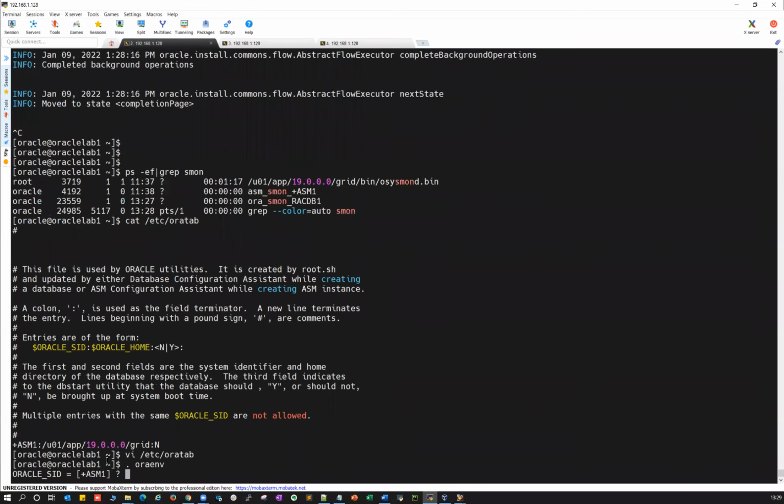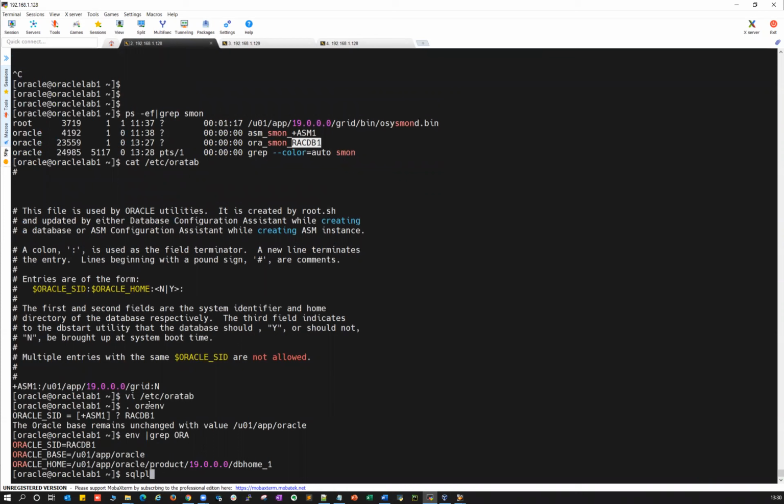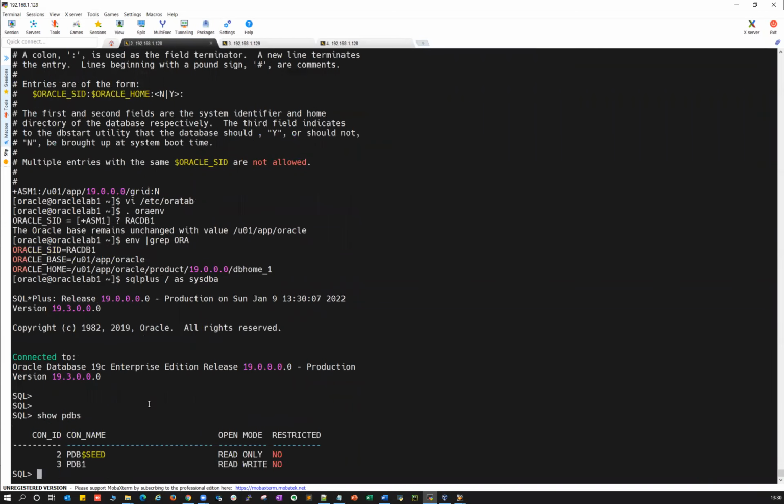So I'll set the environment to my racdb1, and then if I do env | grep ora, you can see the environment is set. If I do sqlplus / as sysdba, and then show pdbs, you can see PDB1, which has container ID 3, PDB$SEED, which has container ID 2, and then CDB$ROOT, which is the root CDB. That's your main CDB, which has container ID 1.